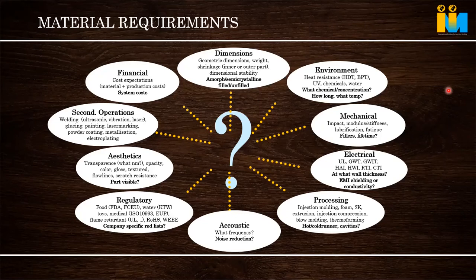Okay. So proper selection at the design time. You can do a CAE analysis, mold flow analysis, instead of cutting the tool, so predictability will be better. That is how we have to do. Then come the mechanical properties like impact, modulus, stiffness, lubrication. Impact means, for example, in a bulletproof application we require a higher impact. That's why polycarbonate is used.